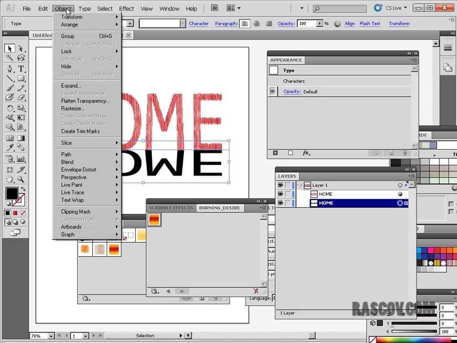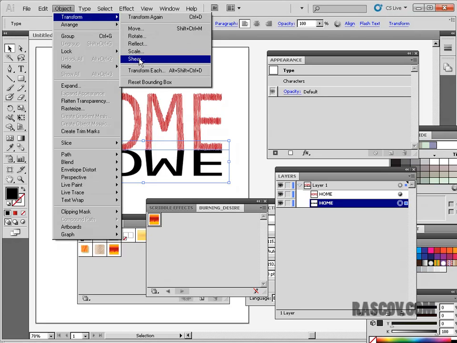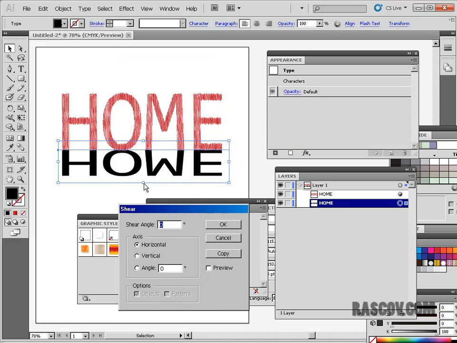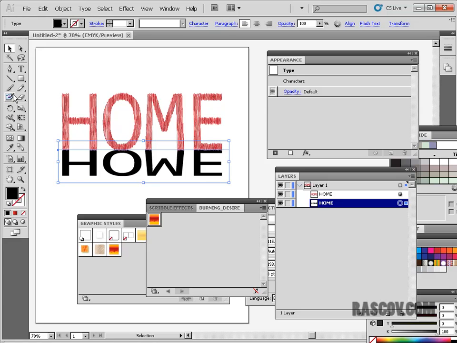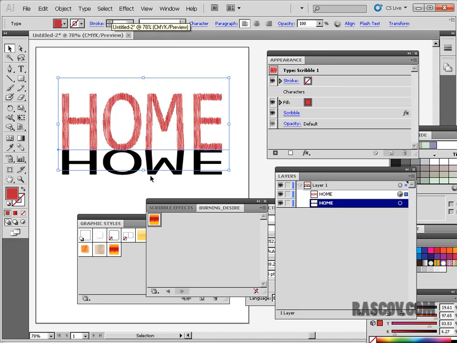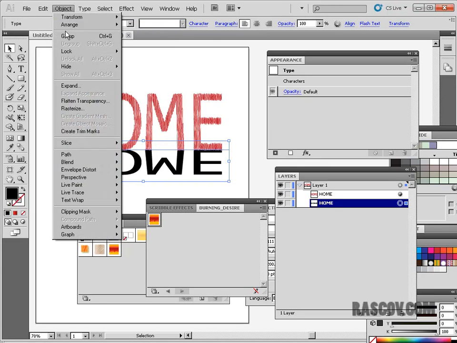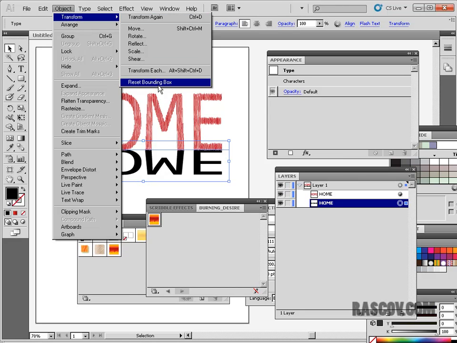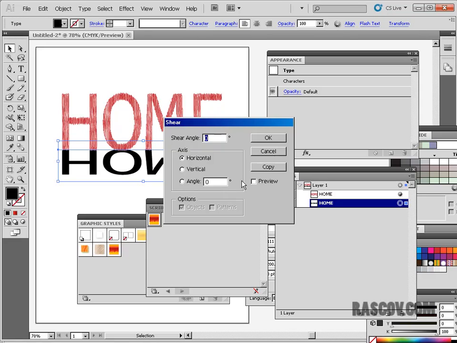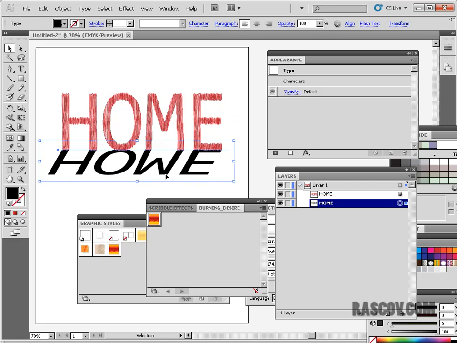And then try some of the other ones we haven't gone over as far as objects, underneath the transform options, if I can find them. Transform and shear will kind of put things on an angle. Oh, I guess I have to use the shear tool here, which is no, that's not going to work. No, I guess it's not going to work that way. There's a way to alter the text somehow so that you can do it on an angle. The shear is probably the easiest way if I could get it to work the way I wanted it to work. Shear. I guess I have to type in angle. There we go. Okay, so if I have an angle like that,